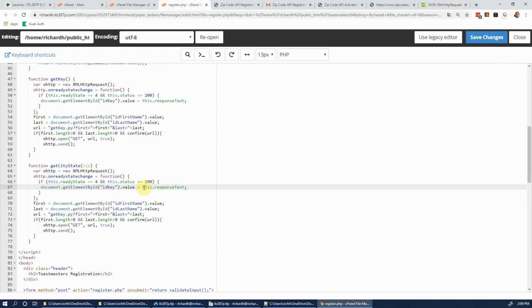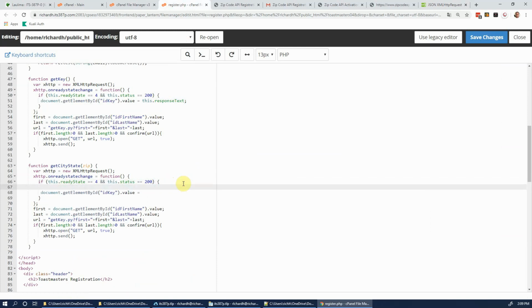So I'm going to take this here, and this is going to be something like var obj, some object equals JSON.parse(this). Okay. Now I have this object, and I should be able to do